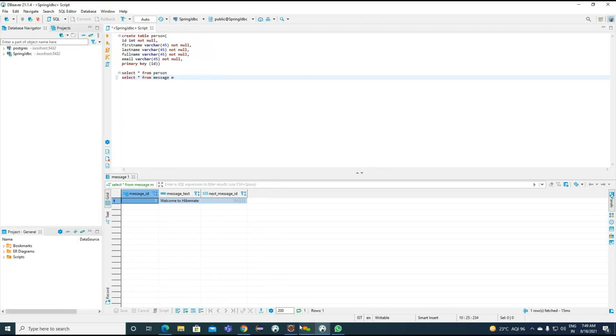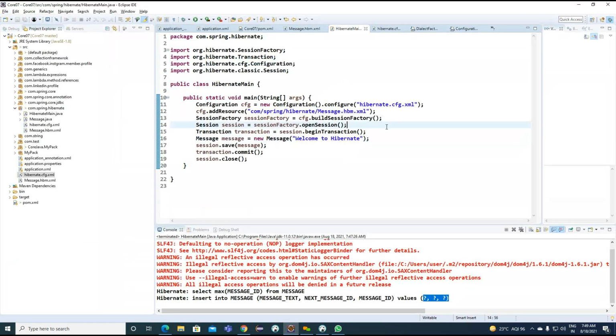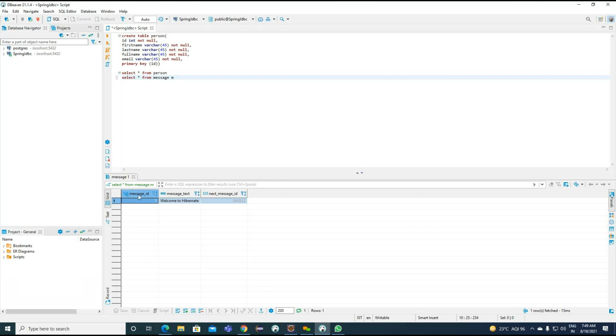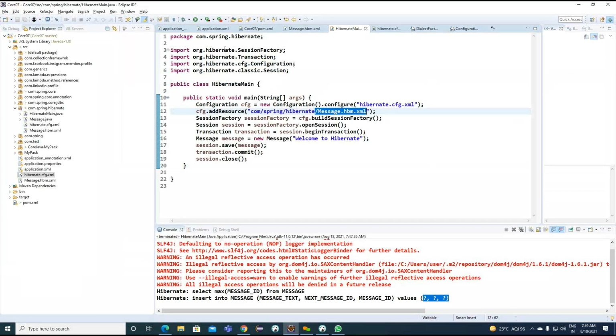Now what are you understanding here? Without creating the particular table, we are able to insert the data, just because of this mapping document. If you observe carefully, the columns are what we provided in the mapping document: message_ID, message_text, and next_message_ID, which we implemented in our